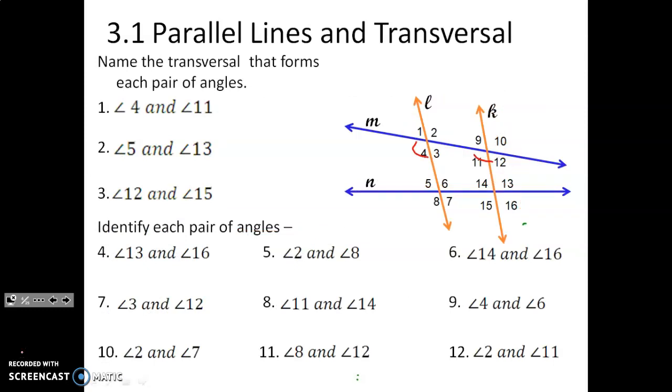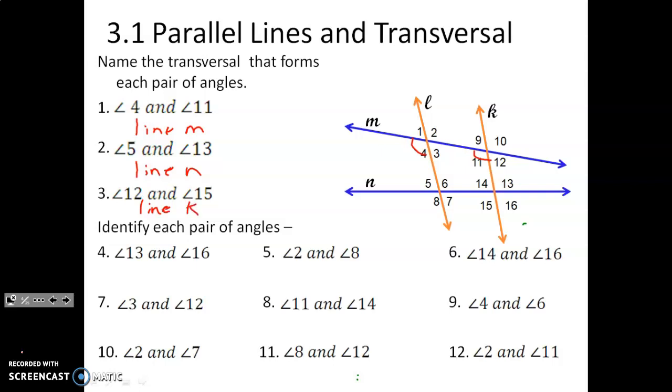Transversals, on this page all we're doing is trying to focus on what the transversals are for these three questions. So angle 4 and angle 11, which I just erased, angle 4 and angle 11, they're along the same transversal, and obviously not L and K, but line M. So line M would be the transversal there. For 5 and 13, that'd be line N. And then see if you can figure out number 3. But number 3 would be line